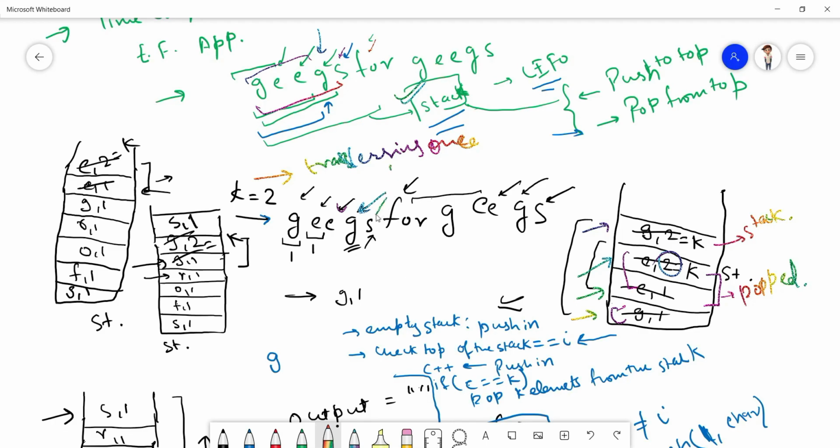Now we came over to S. After G the stack was empty, so we pushed it. Now we came over to F and saw that the top of the stack is not equal to F, so we pushed it with the value 1. Same for this, same for this, same for this, and same for this, right?